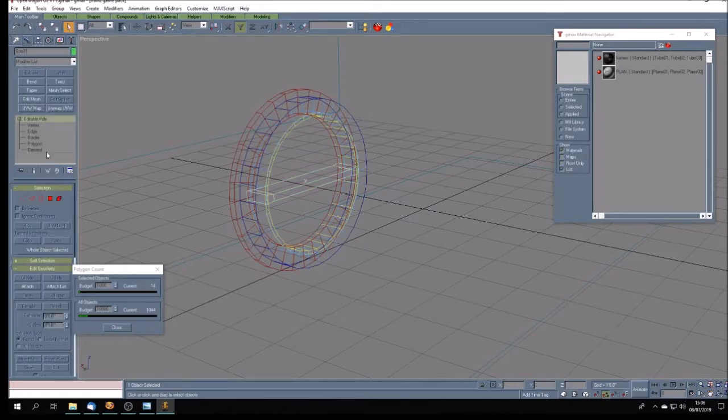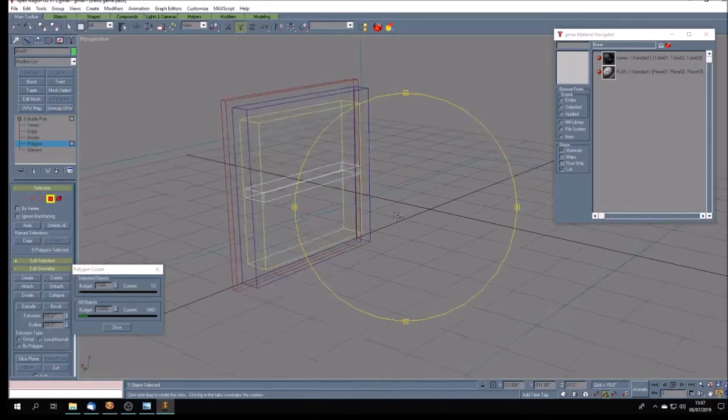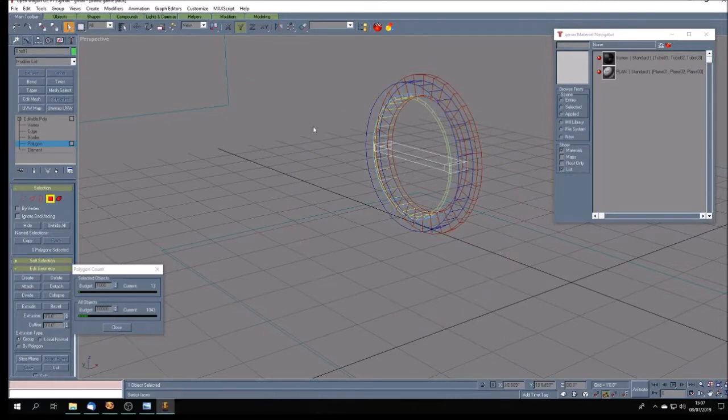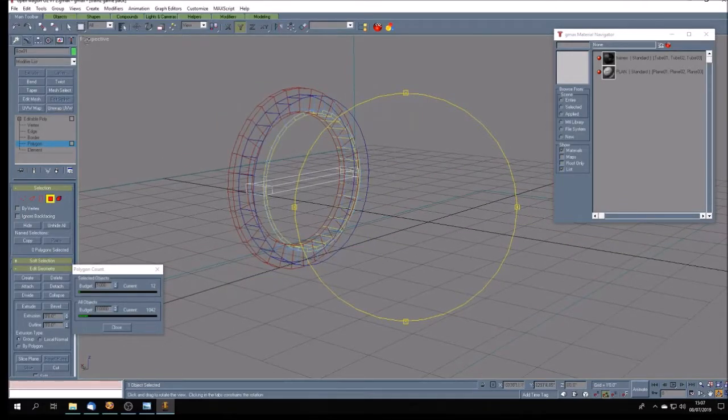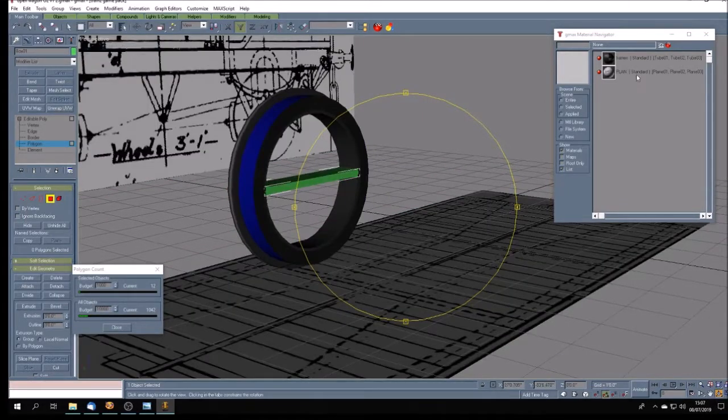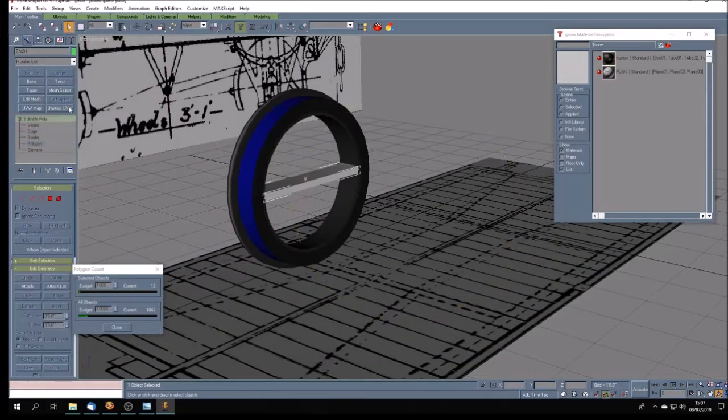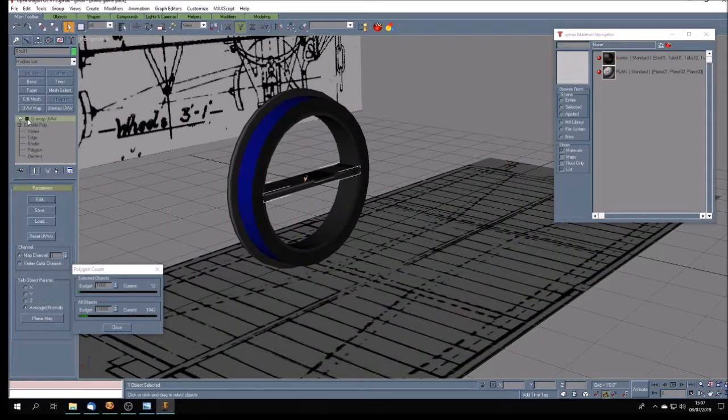Once we've done one, of course, it means we've done them all. I'm just eliminating the polygons which would be buried in the wheel, so I can save on polygons. Okay, and now let's have a look at our frames